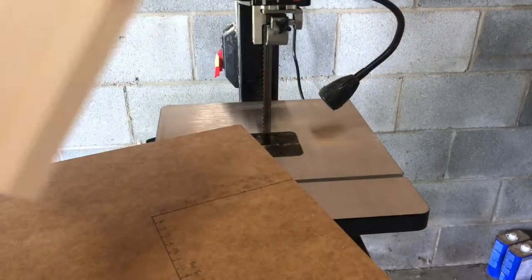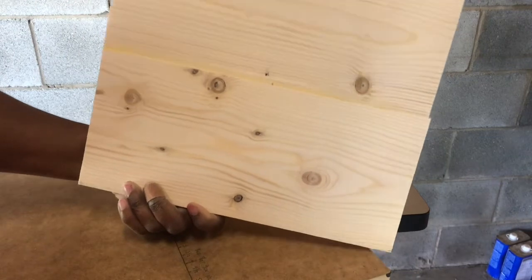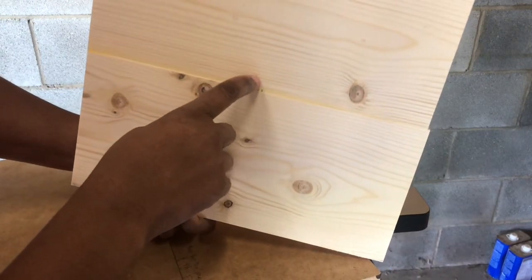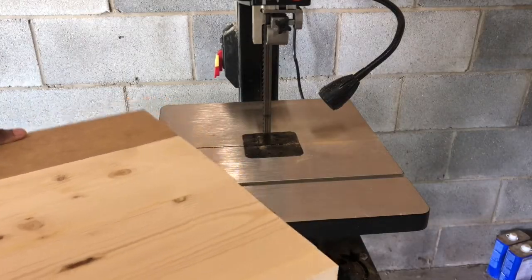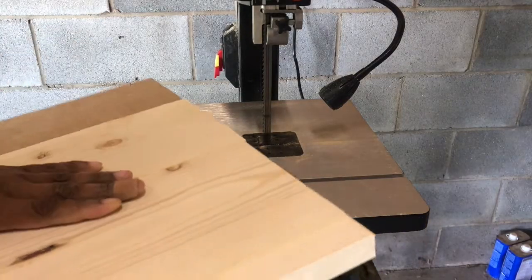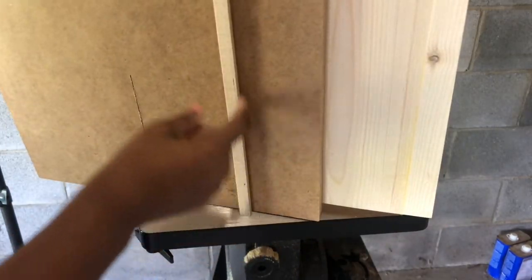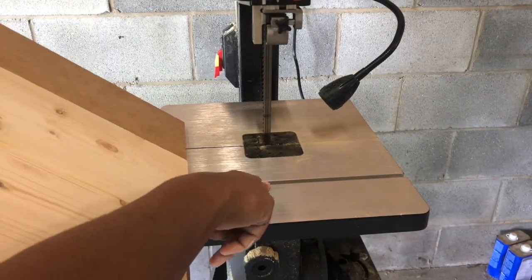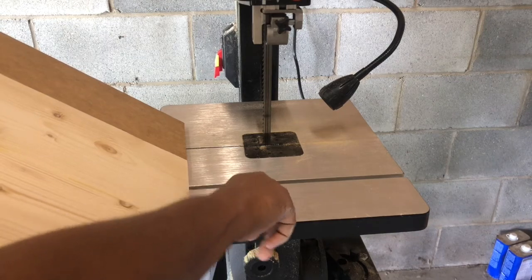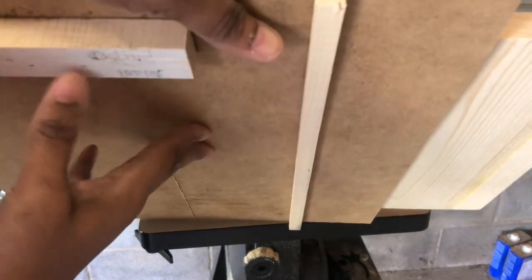And what I've done is put a tiny little pilot hole right here in the center of the board, and I'm going to hook it onto this little nail. So once I get the board onto the nail, I thread my jig by this runner into, see, I have this little gully or alley or whatever it is called. I thread this piece into it, and I push it up through the blade until this stop block hits